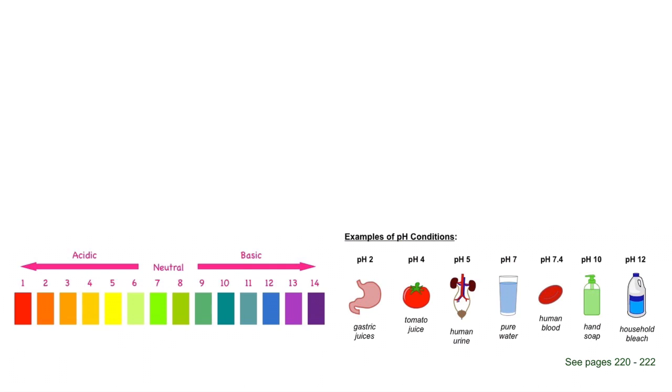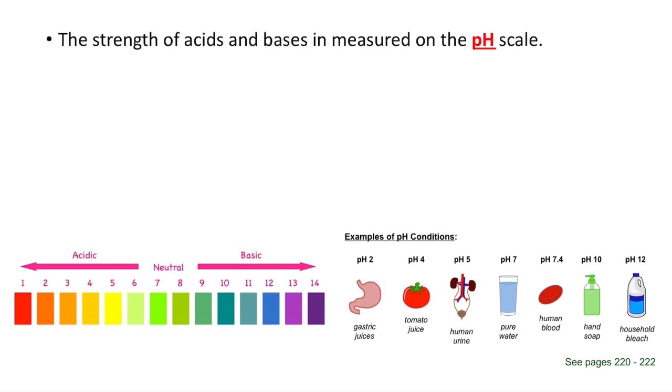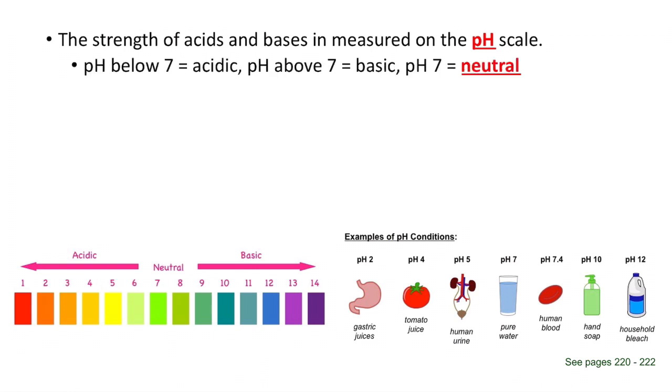14 being the basic end, 1 being the acidic end. And some common examples like stomach acid and tomato juice on the acidic end, and then your blood, hand soap, cleaning bleach, those are all on the basic end of the spectrum. So the strengths of acids and bases is measured on a pH scale. A pH below 7 is considered acidic, a pH above 7 is considered basic,